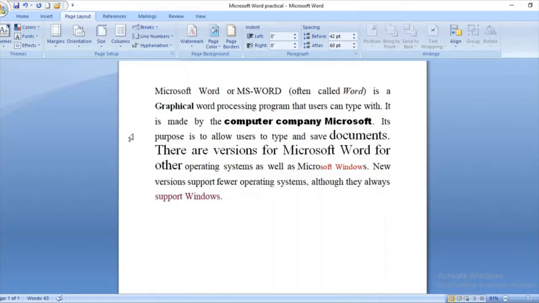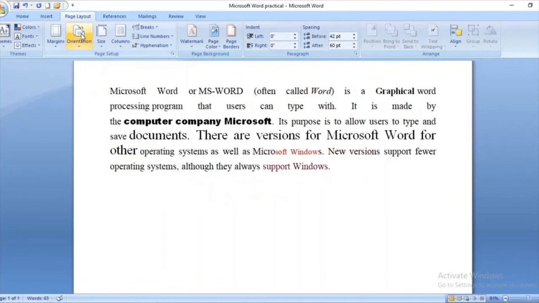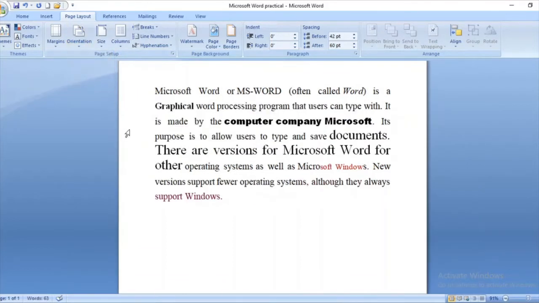Step 1: click on page layout in the menu bar. Step 2: click on orientation. Step 3: select the portrait or landscape which you want. So simple 3 steps you have to write. This is how questions will be there in your half yearly exam. So you need to know every formatting or every editing or every step which we are studying here. So you need to give steps for that. Okay, so let us come to the next, that is adding header or footer.